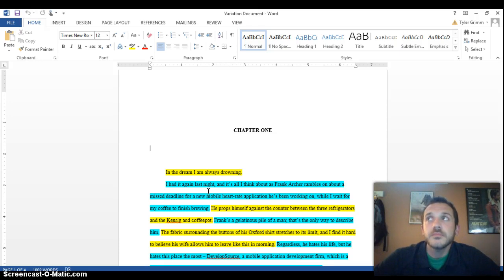And you want to vary where you build in pauses. Whenever there's punctuation, there's an inherent pause in writing. That's the purpose of punctuation, is to build in pauses. So you want to think about every single comma, every piece of punctuation that you use.